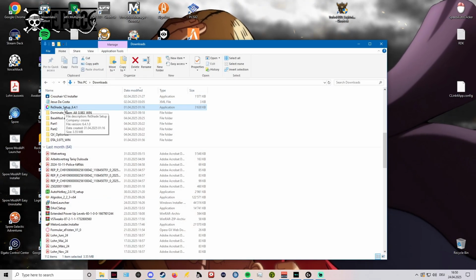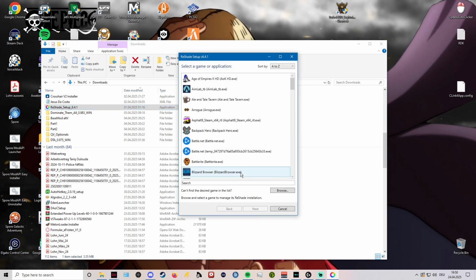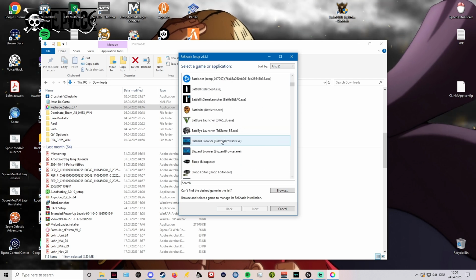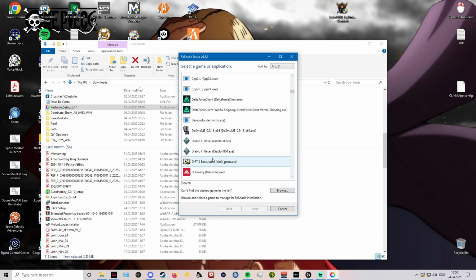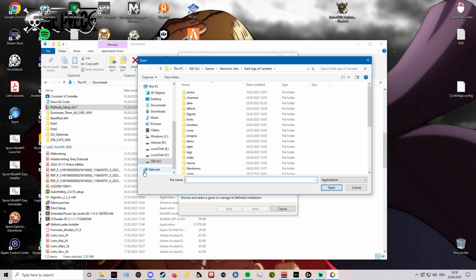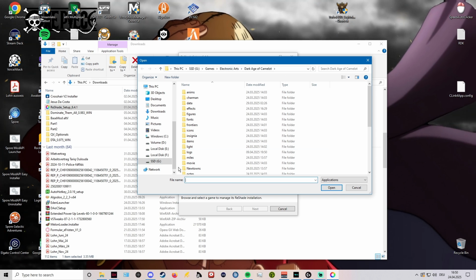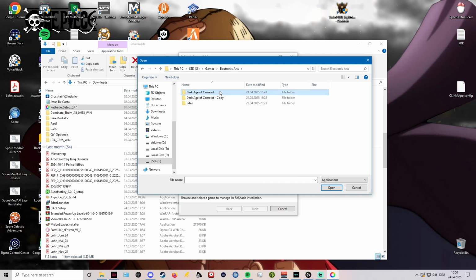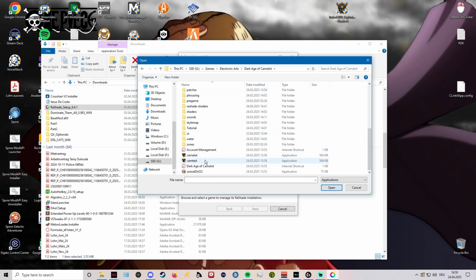Then you set up the ReShade. You won't be able to find the game in here. It doesn't show up. So you have to browse for the game. Same exact thing as last time. You have to open your game location like you did before. Open the Dark Age of Camelot and then use the Camelot